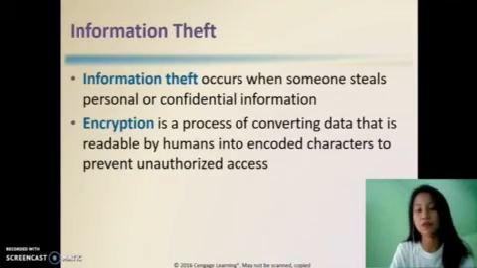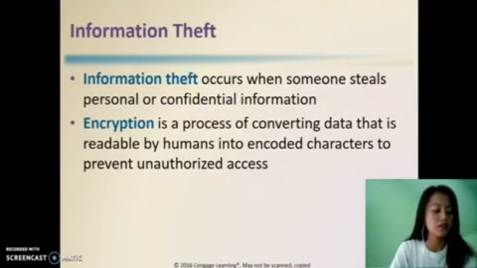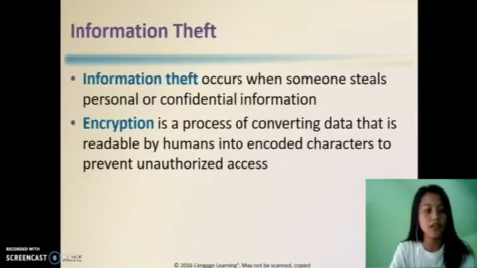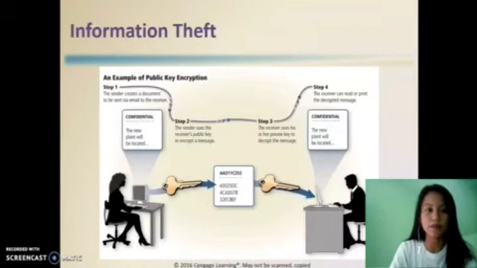Move on with information theft. So what is information theft? It occurs when someone steals personal or confidential information. The encryption is a process of converting data that is readable by humans into encoded characters to prevent unauthorized access. So, example of this is